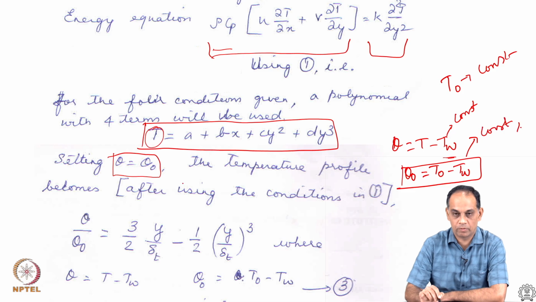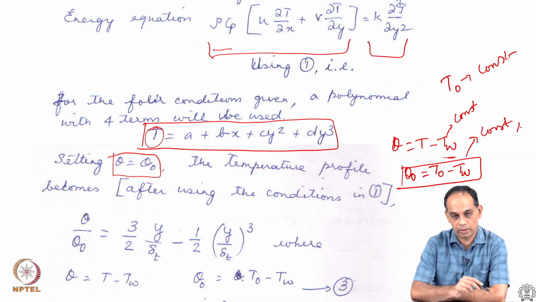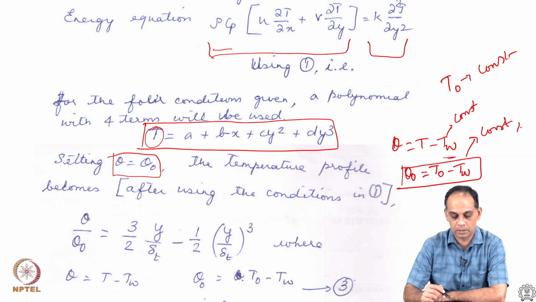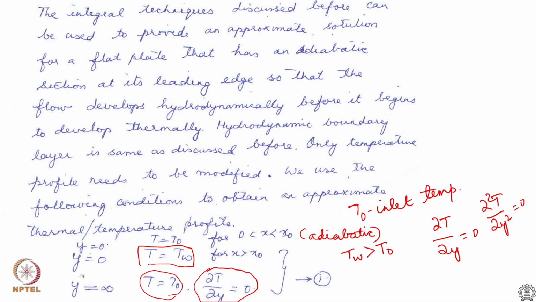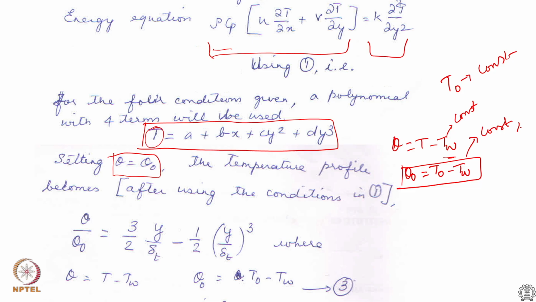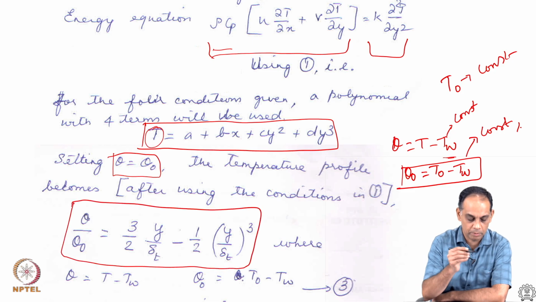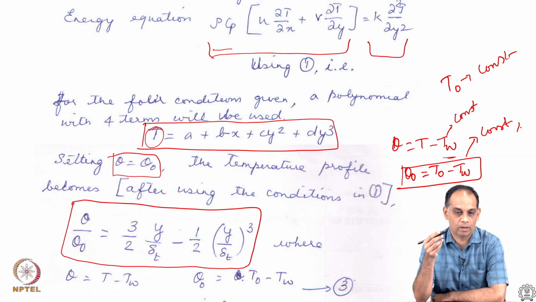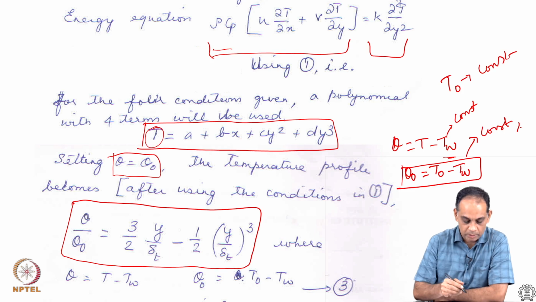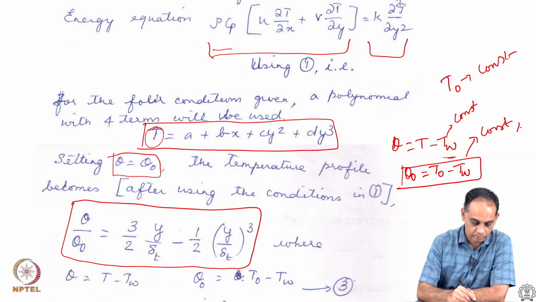So, once the temperature profile is chosen, now we can use the boundary conditions we discussed in the previous slide, these guys y equal to 0, this and these conditions, and we can arrive at the polynomial. And as you can notice, this polynomial turns out to be very much same as what you would have derived for the flat plate case without any unheated starting length. However, the difference will come as we move towards where we make use of the x naught conditions. So, the y is the vertical coordinate,